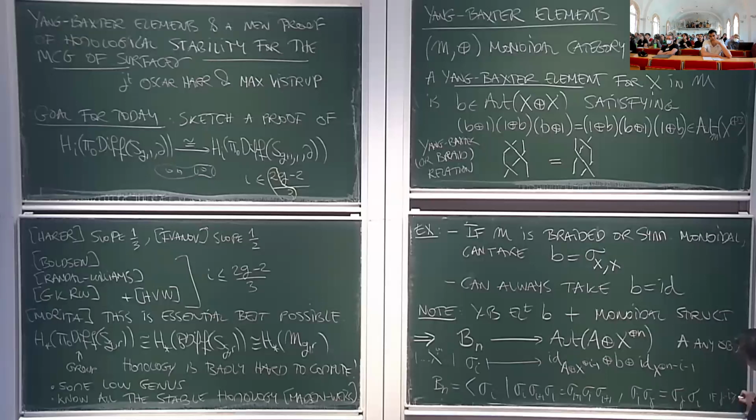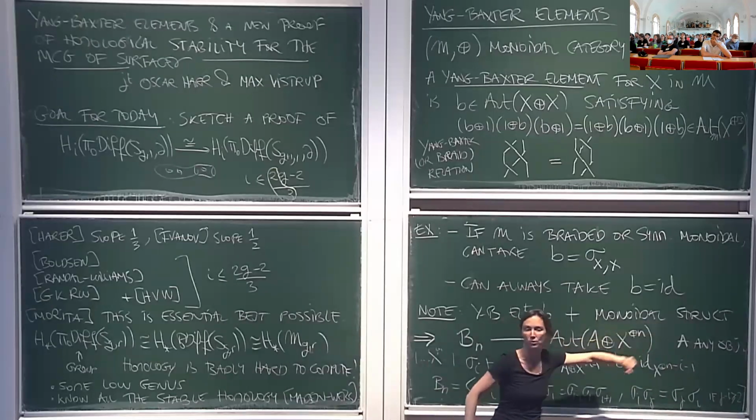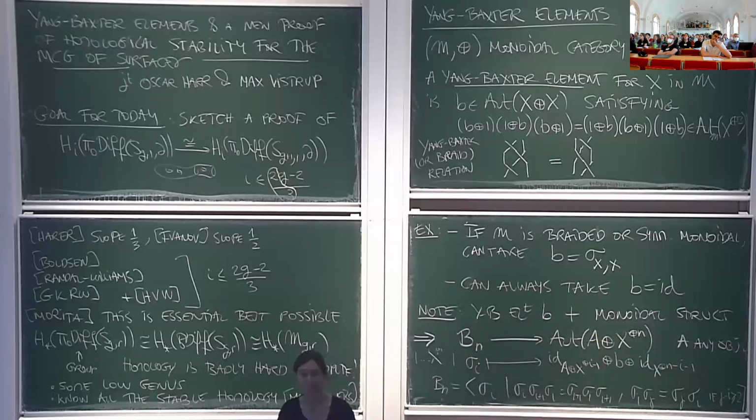Is at least 2, I guess, something like this. If you do braid crosses sufficiently far apart, then they commute, and this is implied by the fact that it's a monoidal category. Okay,